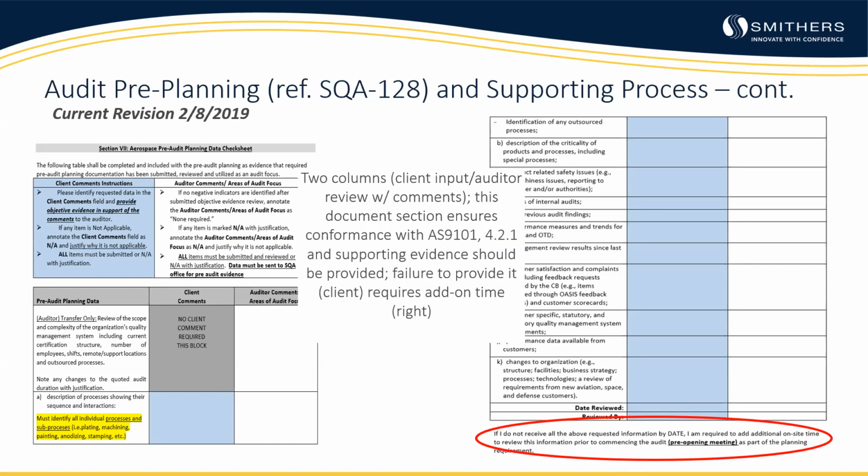We have run into issues, as described in Module 1, where pre-audit planning information was not available. Some of that could include up to this form being completed. So it is absolutely imperative that as auditors, you're completing this well in advance of the audit, getting the information you need to ensure that your plan covers and addresses any issues that could potentially be incurred as part of the on-site activity.